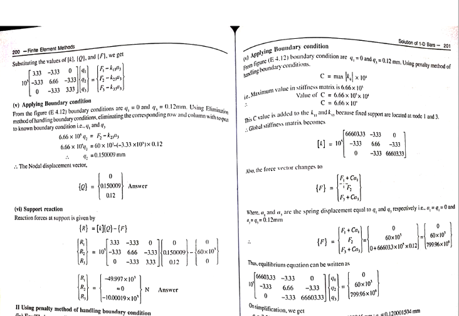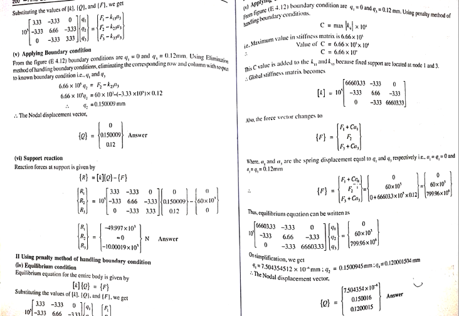Then again there is a slight change in the force vector in the case of the penalty method also. That is the formula: F1 plus CA1, F3 plus CA3, and F2 as it is, because this load is already given and it is at the center point. That's why here you don't know any displacement value, so F2 is kept as it is. Then F1 plus CA1: F1 is 0 and A1 is definitely 0. A1 is nothing but Q1, and we know that it is 0, hence 0 plus 0 is 0 only.